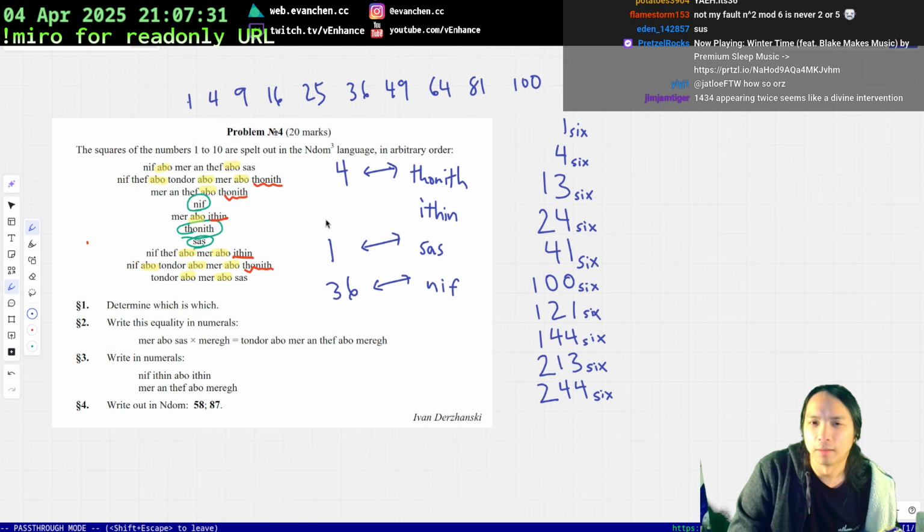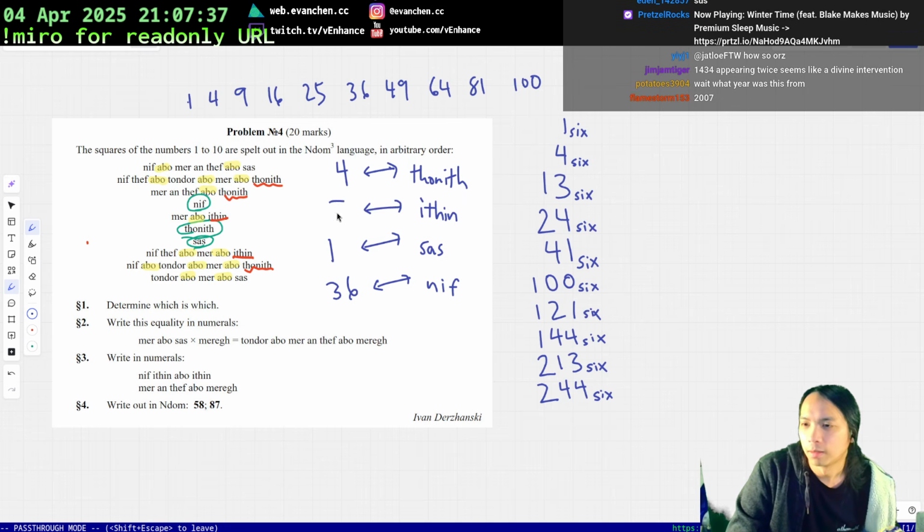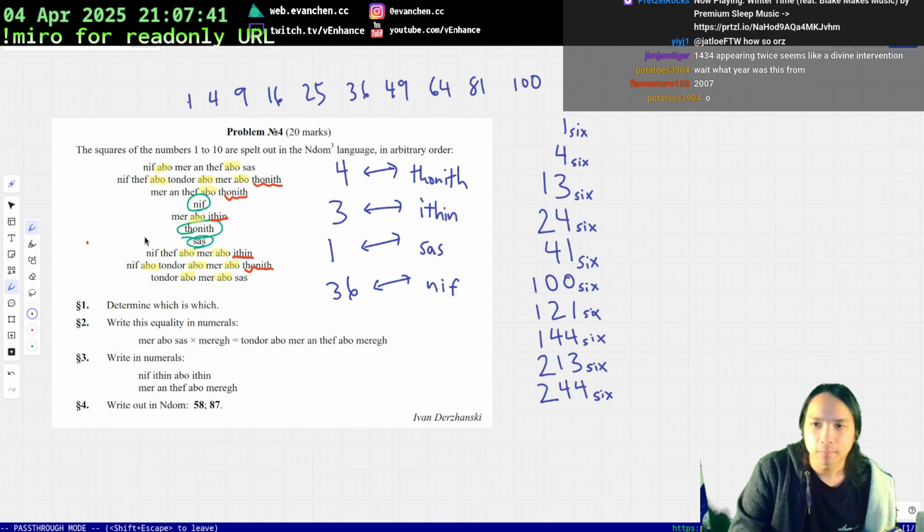Then ithin is the units digit that appears only twice. So ithin should be 3. Okay, so we want this to be